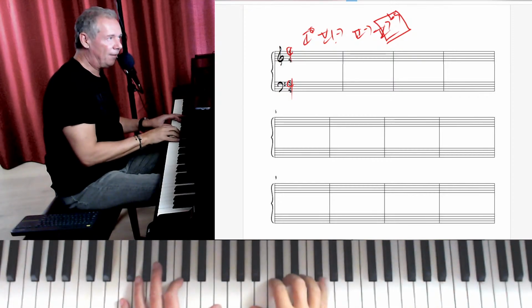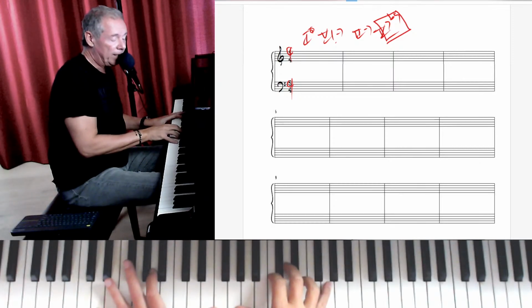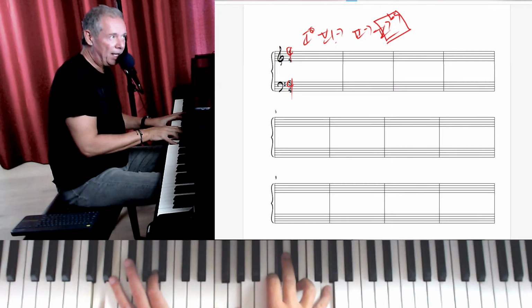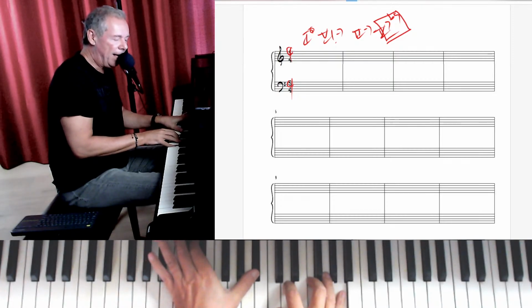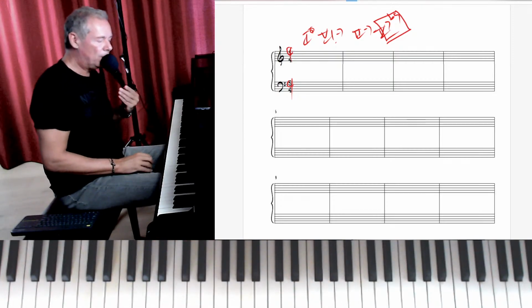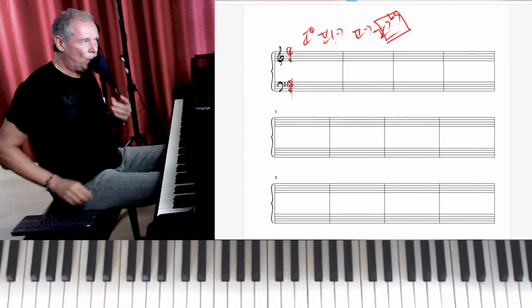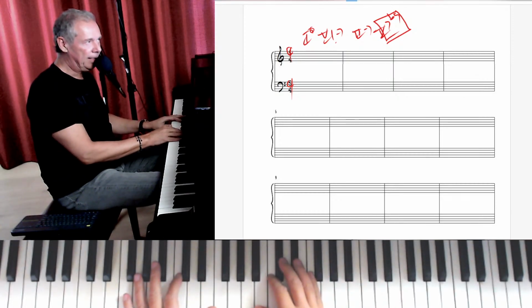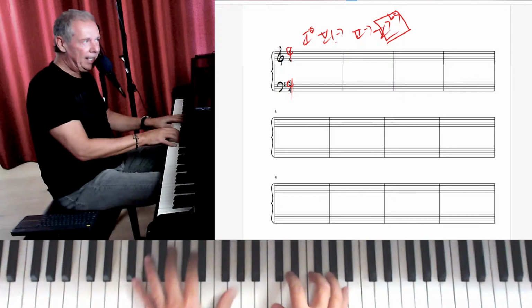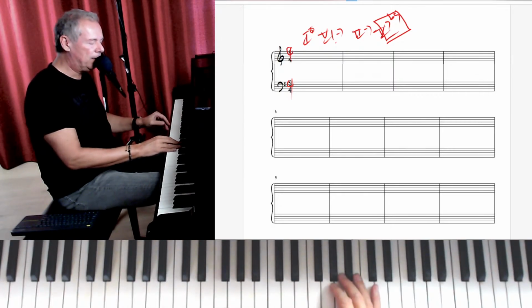So 1 major 7 to 6 minor 7, which is D minor, to 2 minor, which is G minor, and then C7 flat 9, back to 1. So we're in the key of F, obviously. So F, D, G, C. One more time. F, D, G, C. So if we finish the tune during a solo section, for example,